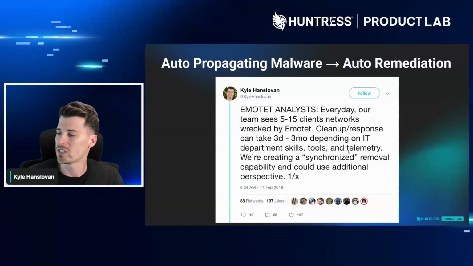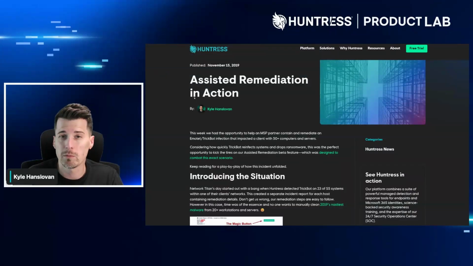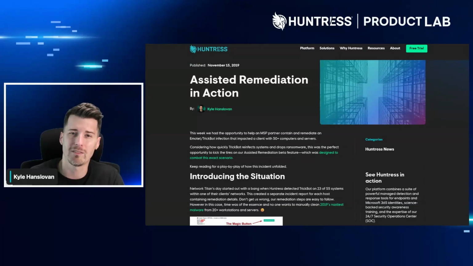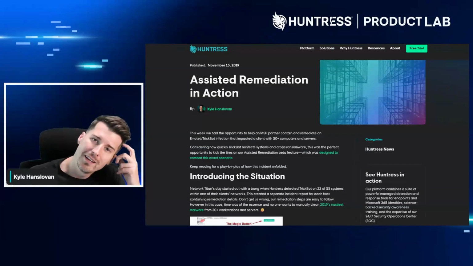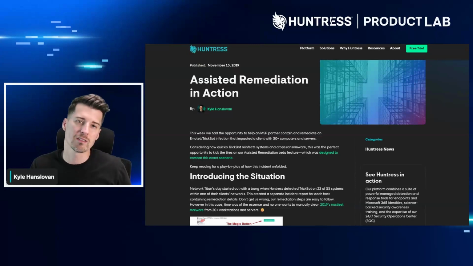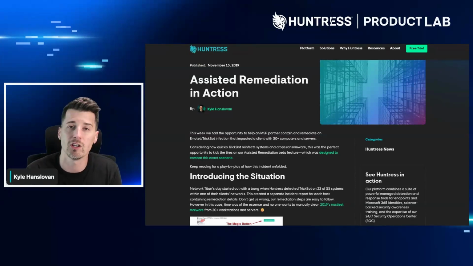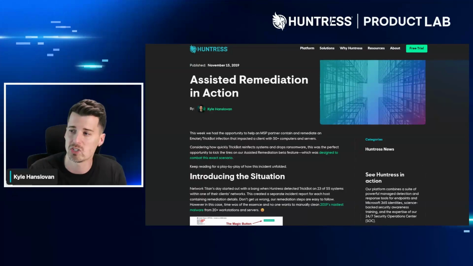And you'll notice I started talking about synchronized removal all the way back in 2019. And what came of this is we tried to push our client base to consider using fully automated remediation. Let's let Huntress not necessarily become an antivirus, but when we are able to do things, for instance, not just preventative, so think about post isolation. That has always been our team, doesn't need approval to help isolate your network. But we wanted to be more part of the remediation process. And in 2019, we did customer feedback and surveys and got across the board feedback of, no, I want to be part of that decision in remediation.